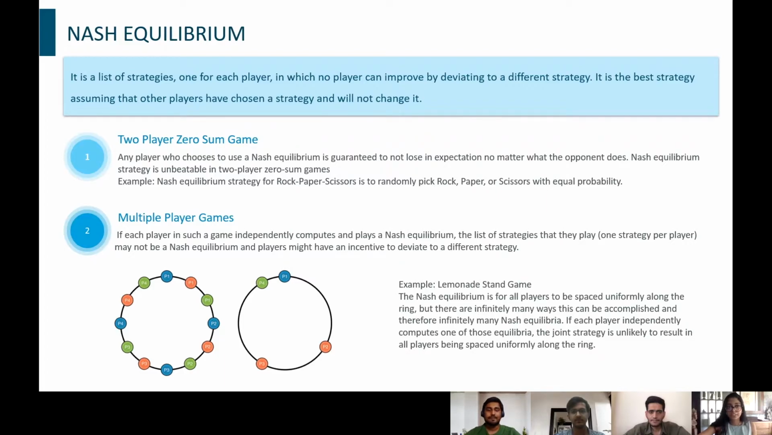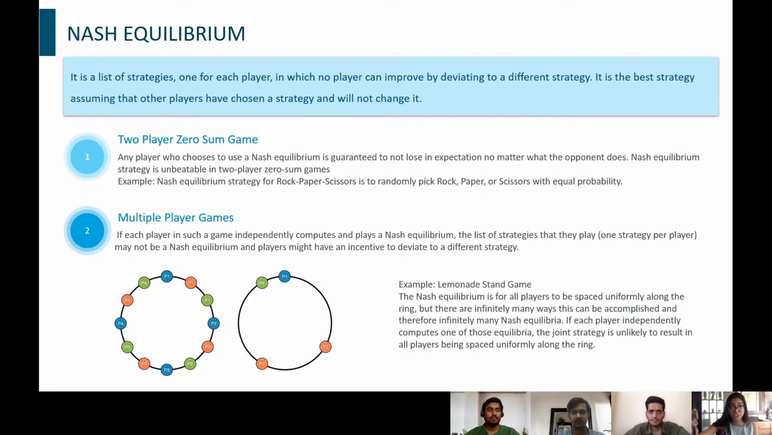In two-player zero-sum games, any player who chooses to use a Nash equilibrium is guaranteed to not lose in expectation, no matter what the opponent does. And hence, the strategy is considered unbeatable. Like in rock, paper, scissors, if you choose rock, paper, scissors with equal probability, the expectation is that you will at least tie. However, outside of two-player games, even if it can be computed efficiently, it is not clear